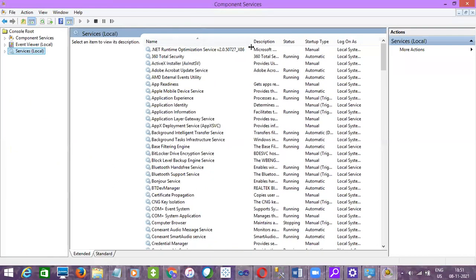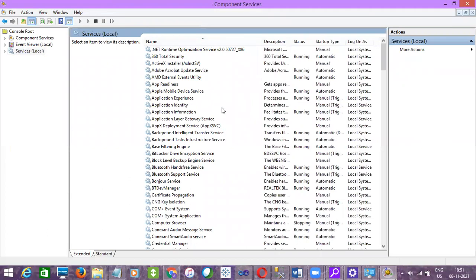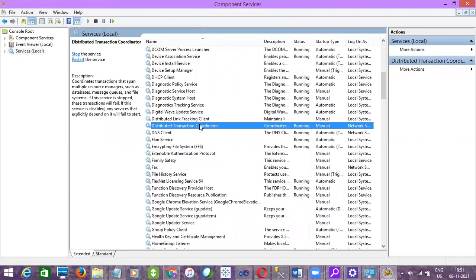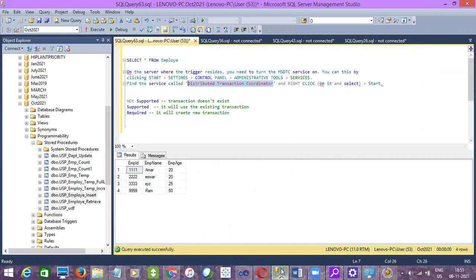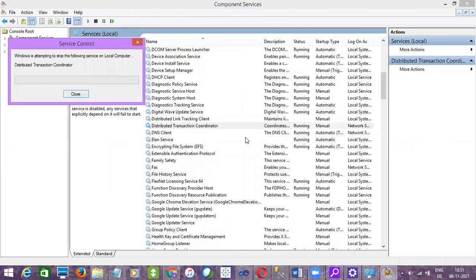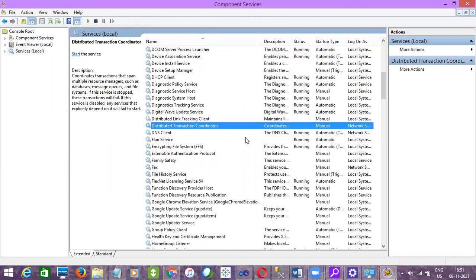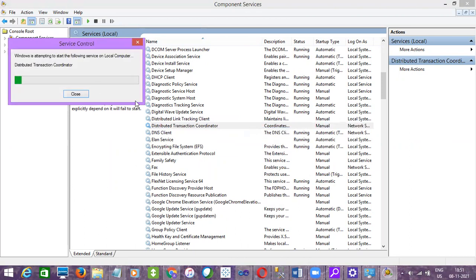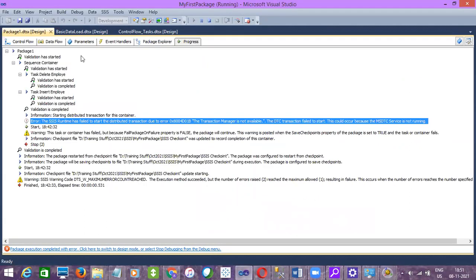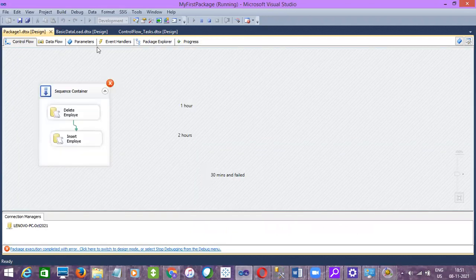So here we should look for distributed transaction coordinator. All right. So here it is. Right click on it and select start. I think it is in running mode only, right? Maybe let me stop it and then restart it. So I stopped it and then started. It started. Now let me execute the package.